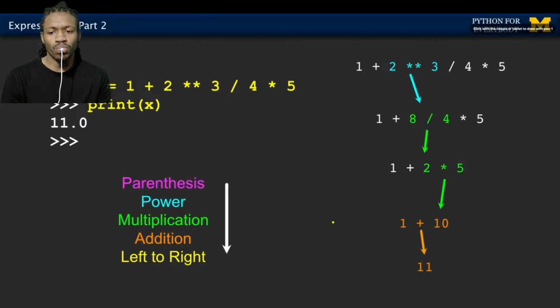So the way I used to do these back in the day when I was doing these homework is I would write the expression down on a piece of paper, and then I would look through it and figure out what the first thing was, and I'd be very careful about this. I'm like, okay, exponentiation happens first, so I'll do the 2 to the 3rd power, which is 8, and then I'll rewrite the whole thing, 1 plus 8 divided by 4 times 5,